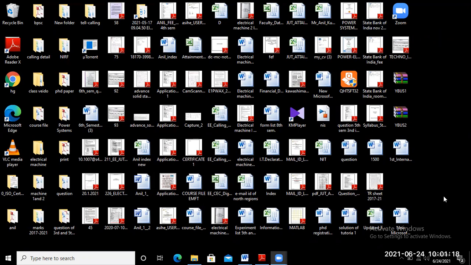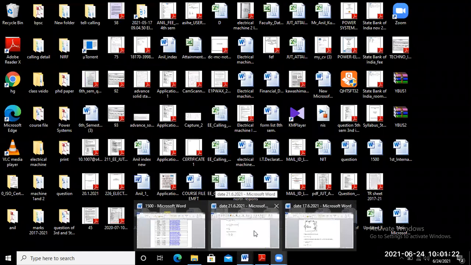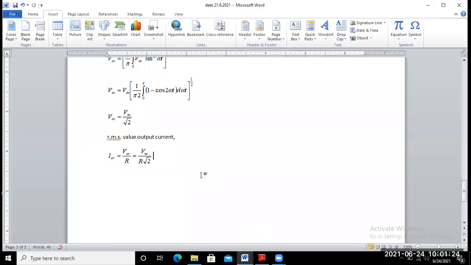We already found their average output voltage, average output current, RMS voltage output, which is equal to Vm by root 2, and RMS value of output current is your V maximum by R root 2.